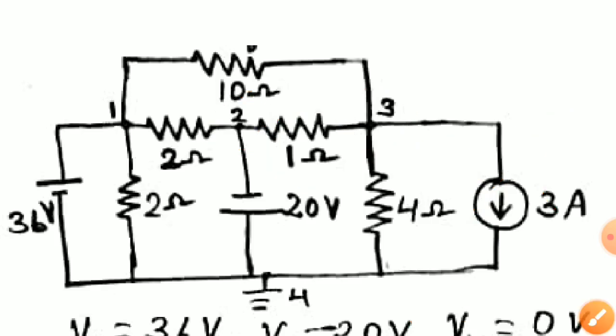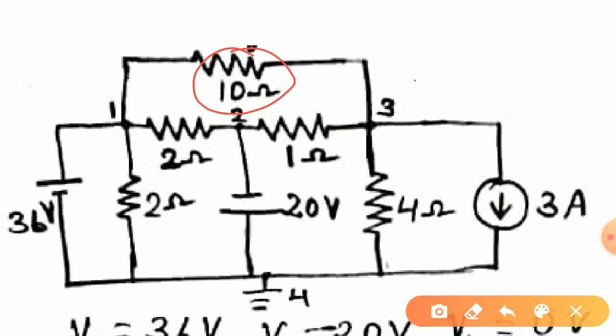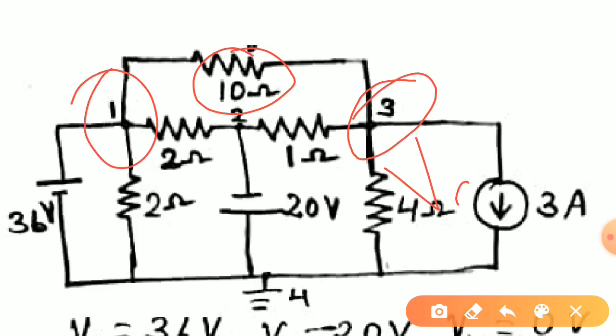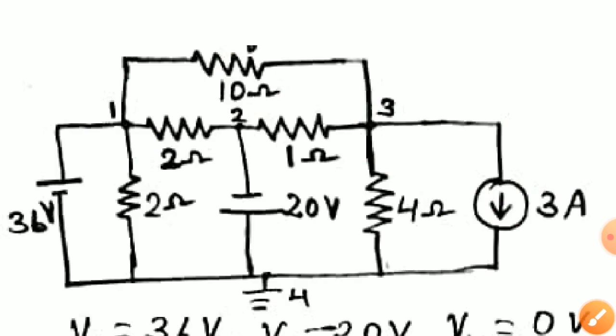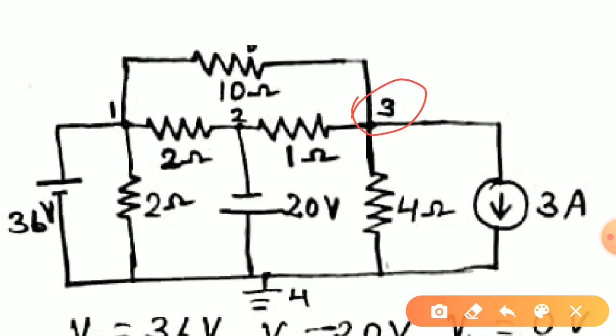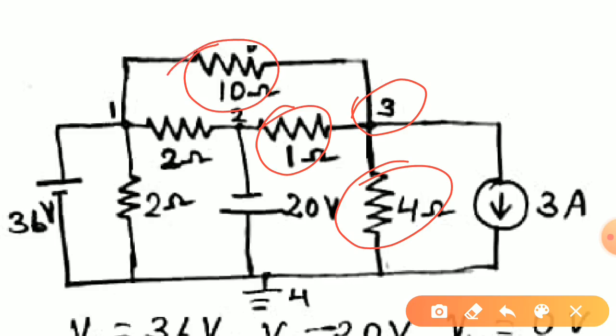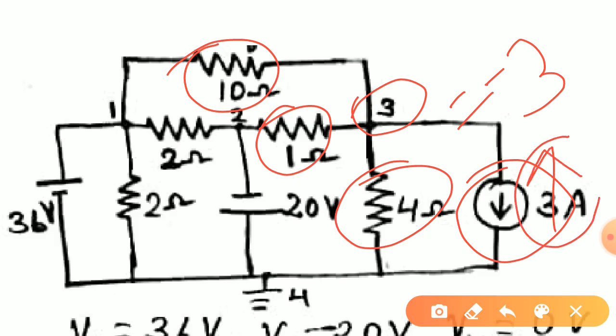The third resistor, that is 10 ohm, is connected between the third node and first node. So we can obtain KCL as V3 minus V1 upon 10. So there are 3 resistors connected to the third node, that is 4 ohm, 1 ohm, 10 ohm. The differences in the node voltages upon the resistors give the KCL equation, which is equal to the source provided here, that is minus 3 amp. If we had the source pointing to the upper side, it would have been plus 3.